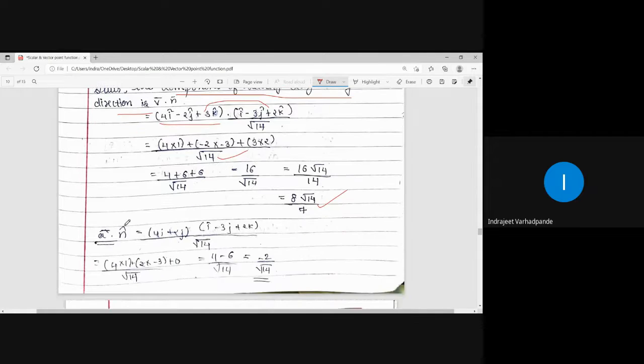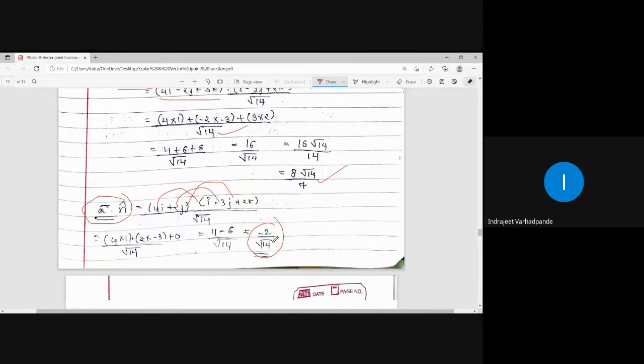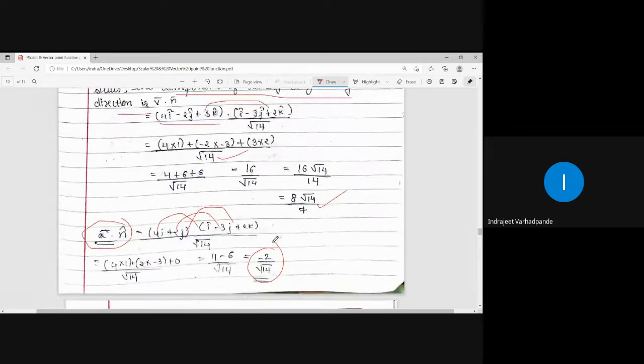Also, the component of acceleration along that vector, a bar dot n cap. So 4 into 1, 2 into minus 3, 0 into 2 upon under root of 14, negative 2 upon root 14 is the answer for that. So that is how we try to calculate the velocity component and the acceleration component in the direction of the given vector. This is what the different thing you need to remember in the language of the question.